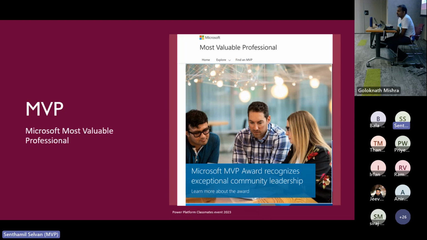To become an MVP, you'll have to be nominated. You cannot become an MVP just by doing the community activities. You'll have to do it for a minimum of certain number of months or a year. There is no hard specific stop, but you should keep doing your contribution. Then someone has to nominate you. The nomination goes through. It takes some time, 6 months, 1 year. We don't know. It depends on how much contribution you have done, and the contribution can be anything. It can be your blogs, your videos. You can do anything as long as you share your information. So it can be anything like YouTube videos.